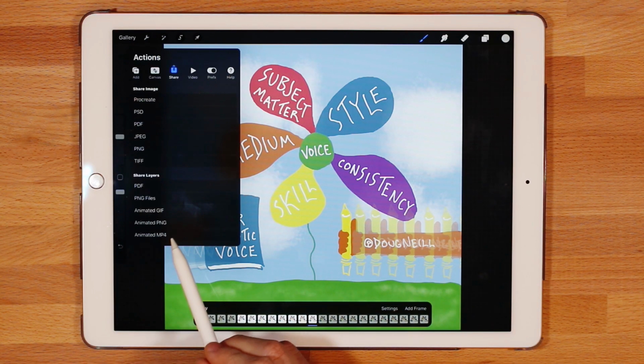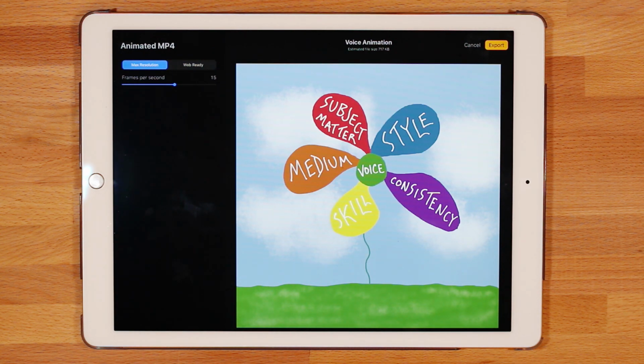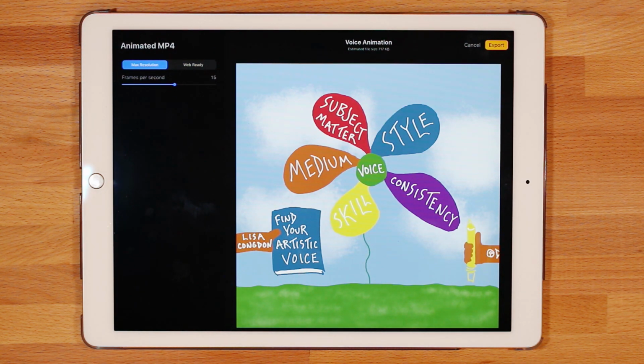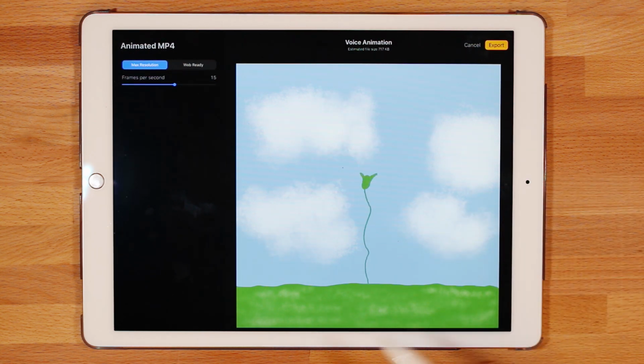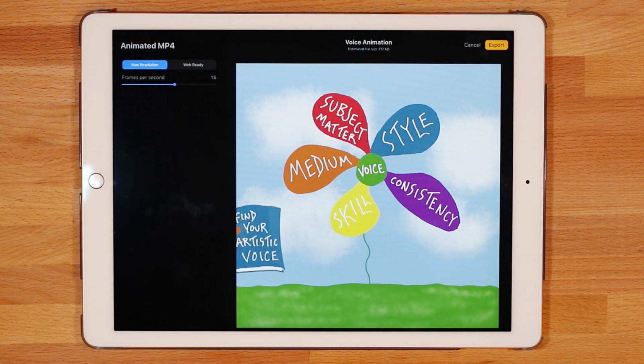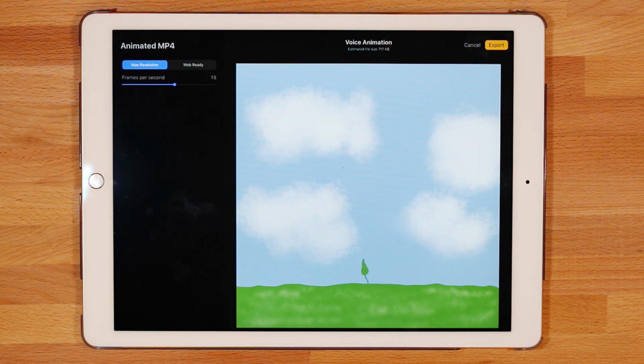But in terms of previewing it, I think the MP4 preview happens quicker, and it's really fun to see what this looks like. And I kind of used this export tool preview thing as I was building up all of those frames and putting it all together, just to get a sense for how it was coming together. And I think that's one of the strengths of using a tool like this for your animations, is just how easy it is to check how it's coming along, and then depending on how it looks, you can add more